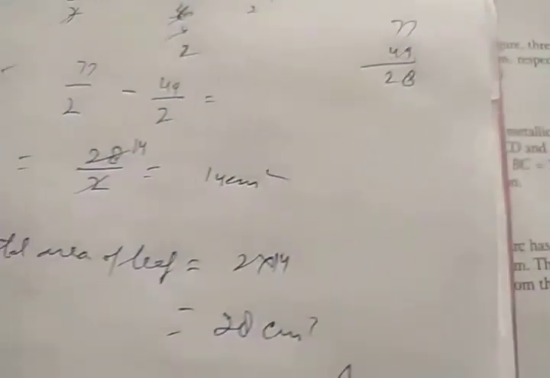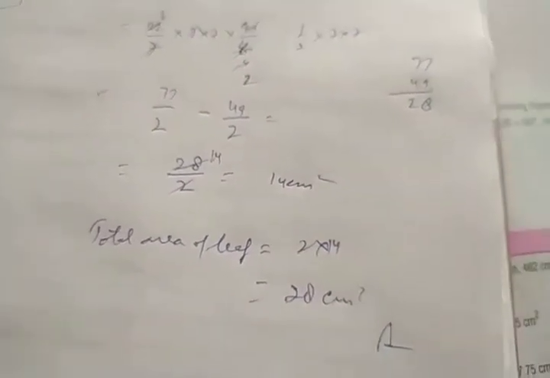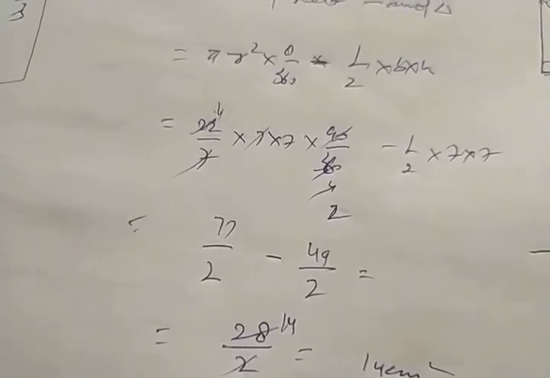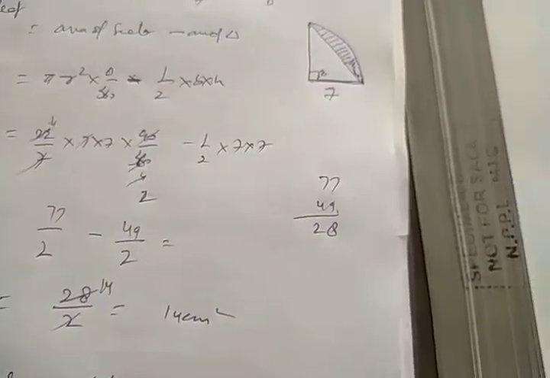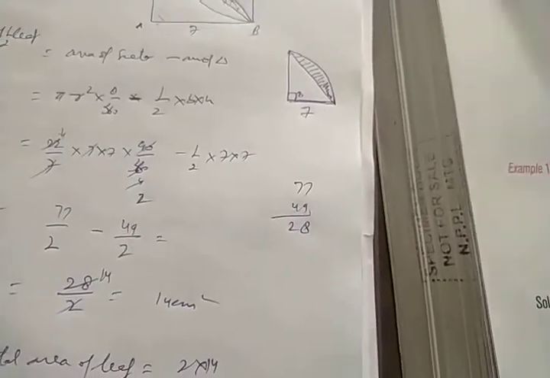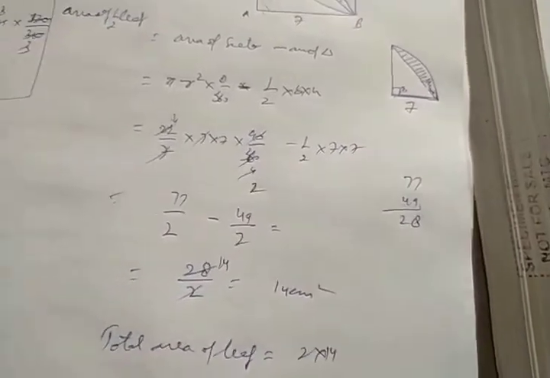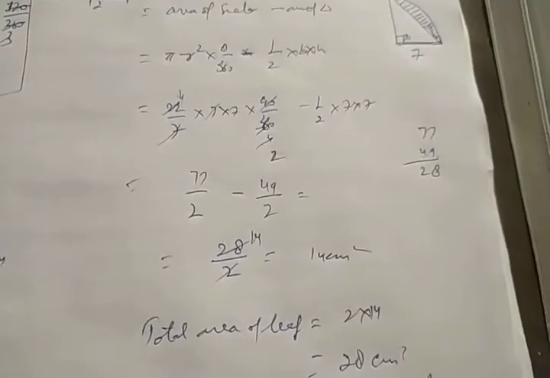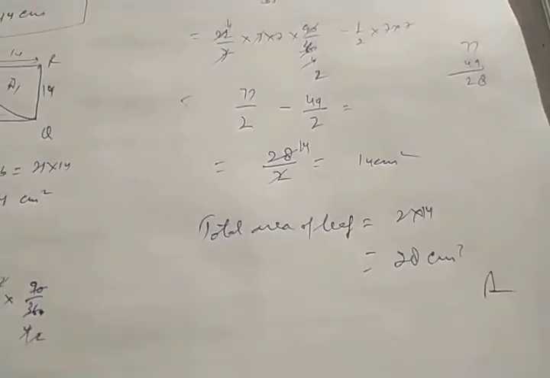In this way a lot of diagrams have been given where it is a quadrant, which angle to be calculated, what area is to be subtracted and what is added. This will depend on what is given according to the question. So you develop your concept and solve the exercise properly. Then this chapter 12 will end with this video. In the next class I will be moving on to the next topic, whatever comes next. So you complete your chapter 12. Thank you.